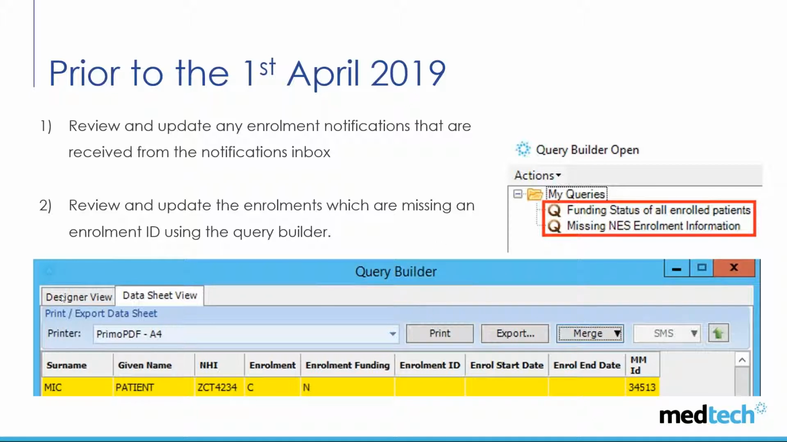So a pre-built query called missing NES enrollment information can be opened from the query store under the My Queries folder. So this My Queries folder has the funding status of all enrolled patients and missing NES enrollment information. So the missing NES enrollment information can be used in this case in order to find all those patients that from your system have a confirmed or pre-enrollment but are missing an enrollment ID,